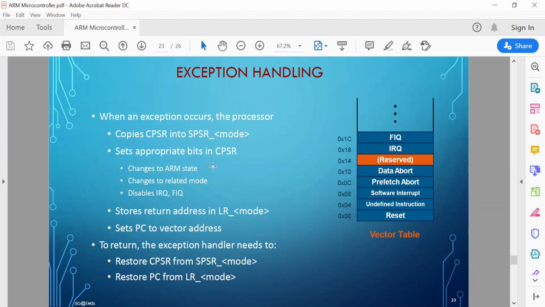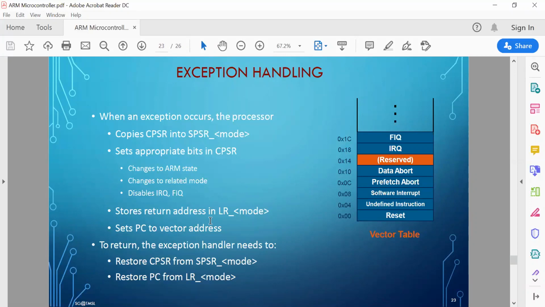In order to avoid this nested interrupt from coming while you are doing the interrupt handling, interrupts can be disabled. Then the return address has to be stored in the link register, the LR corresponding to that mode. There are separate LR registers for the different modes, and the PC is loaded with the vector address.